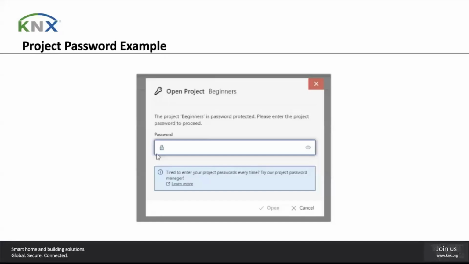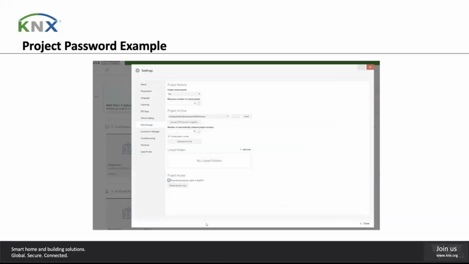So here's an example. We've created a project. It's protected. We've got to put a password in the first time we open it, or whenever we open it. And you'll see here, this one hasn't got the project password manager, so we're always going to have to enter this password every time. Now, if we get the project password manager from the ETS App Store and install it and start using it, then that box goes away. We also get a new box down in our settings, which is this one here, which is project access, which says